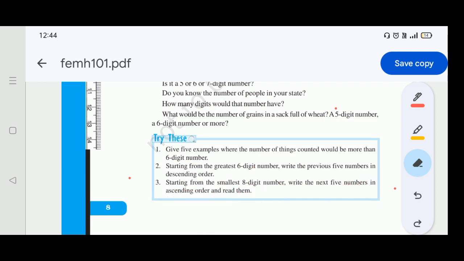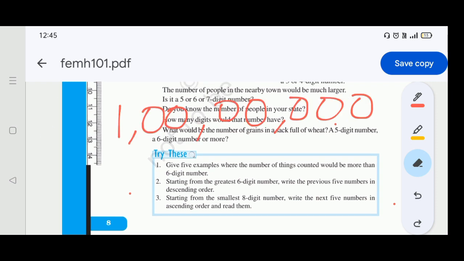Third question is starting from the smallest 8-digit number, write the next 5 numbers in ascending order and read them. The smallest 8-digit number is 1 crore. Write the next 5 numbers in ascending order. So the next 5 numbers would be